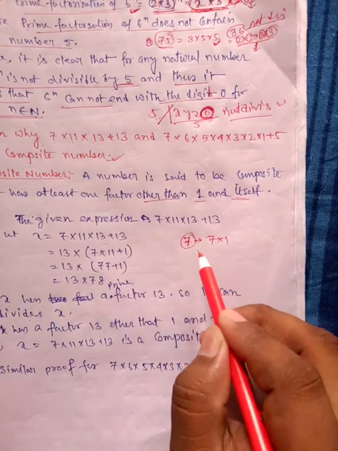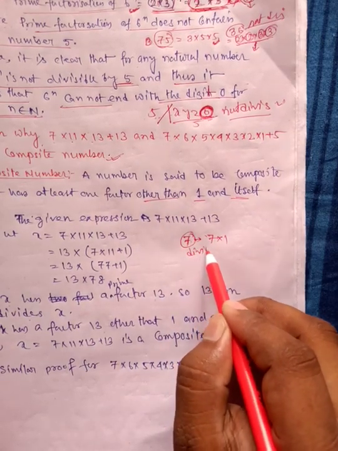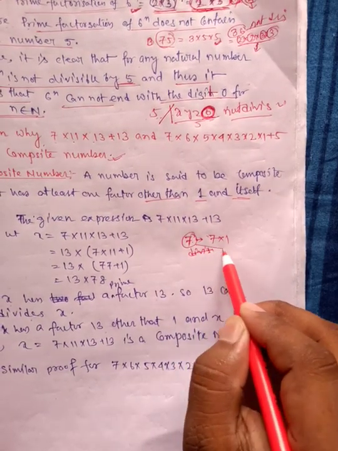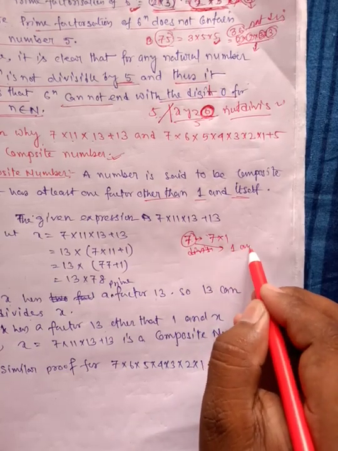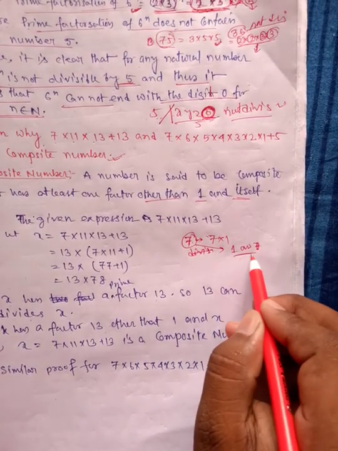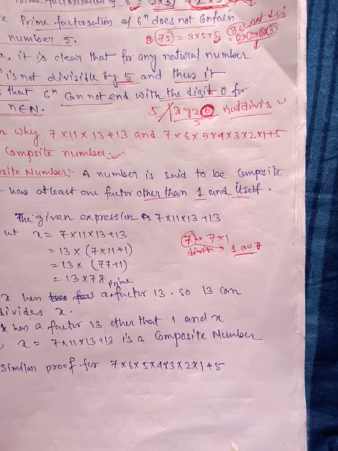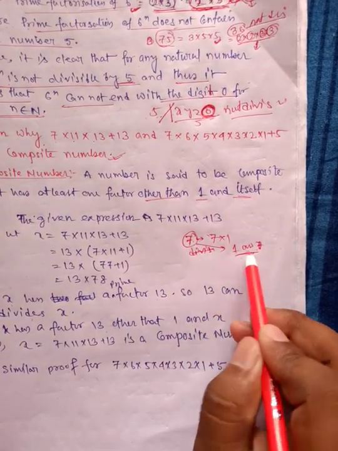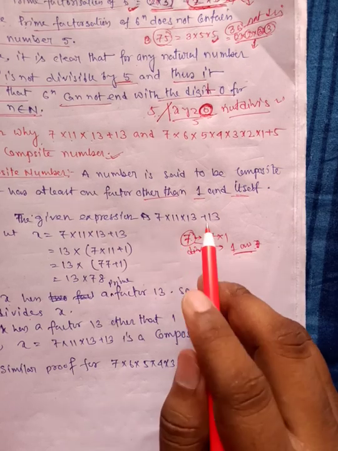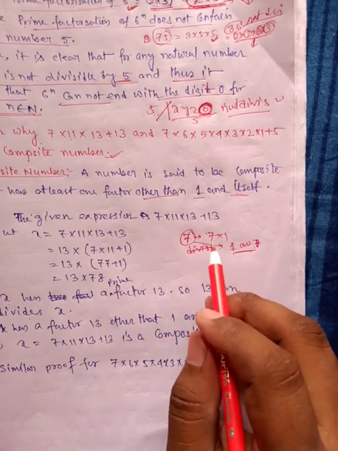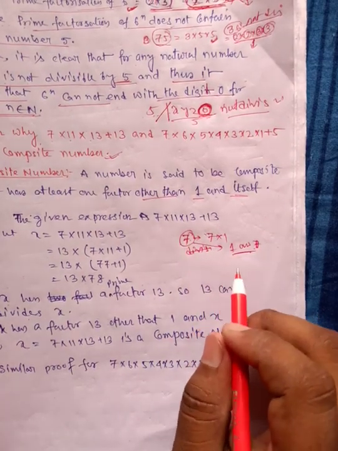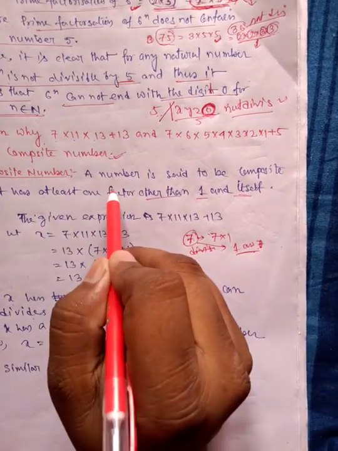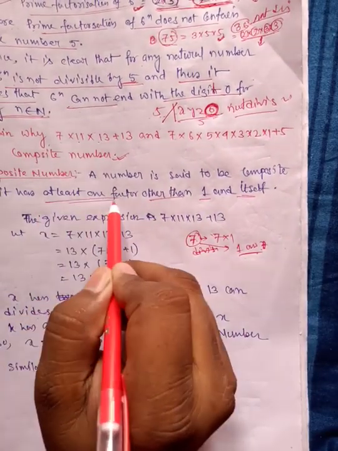So any number always has 1 and itself as its factors. So for any number 1 and itself is always its factor, but for a composite number at least one factor other